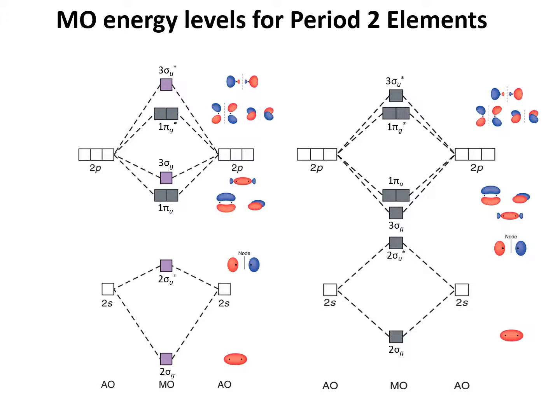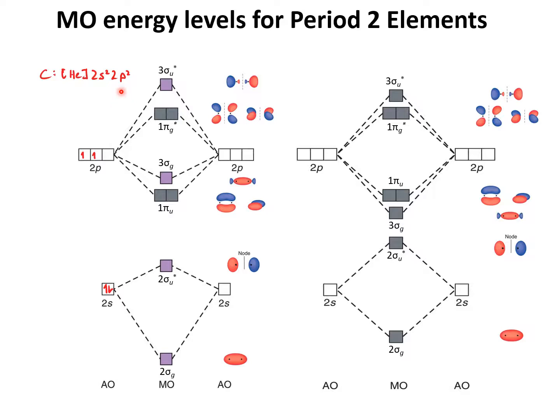Now, since this is also based on carbon, it uses the same diagram as the one for C2+, namely where the 1πu bonding MO is lower in energy than the 3σg bonding MO. So for C2-, we can imagine that one of the carbons is present as carbon, which has a valence electron configuration of 2s2, 2p2, indicating that we have 2 electrons in the 2s atomic orbital and 2 electrons in the